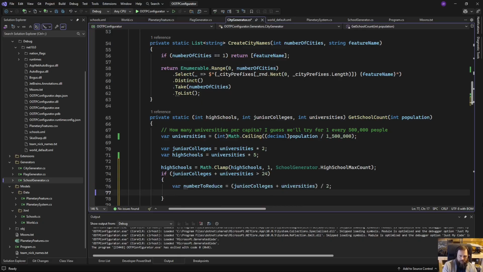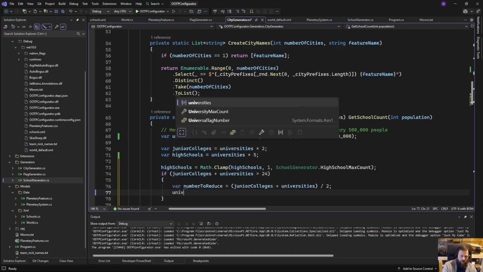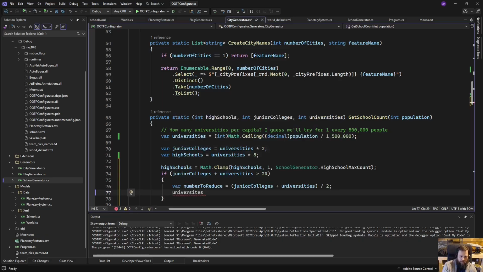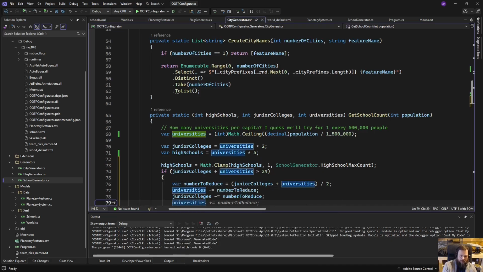And then we will go universities minus number to reduce. Why is that wrong? So we'll just take an equal portion from the universities and the junior colleges. And then we will clamp this equals